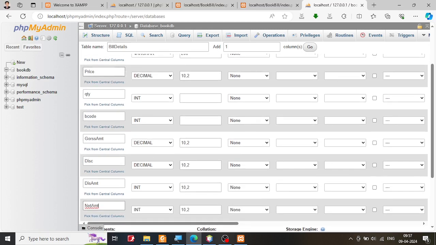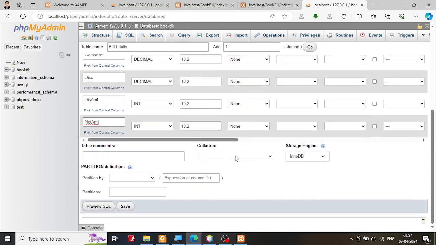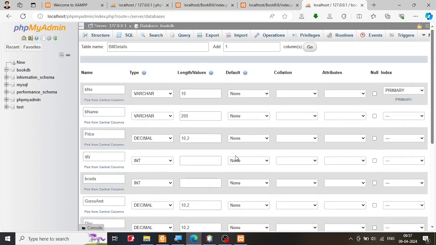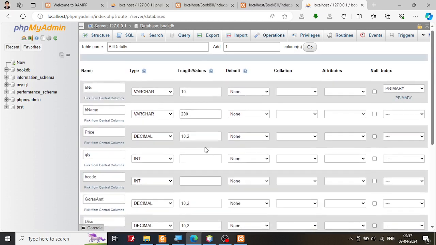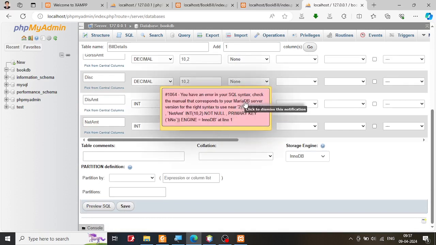I assume that the price is a decimal 10 comma 2, gross is 10 comma 2, the discount is 10 comma 2, discount amount is 10 comma 2, net amount is 10 comma 2. I assume that all these are decimal. It's optional, it's not really required. I'm going to just save it, and you have an error in the net amount 10 comma 2,